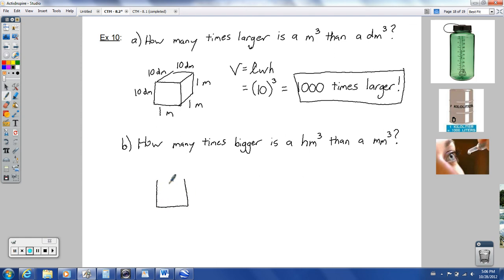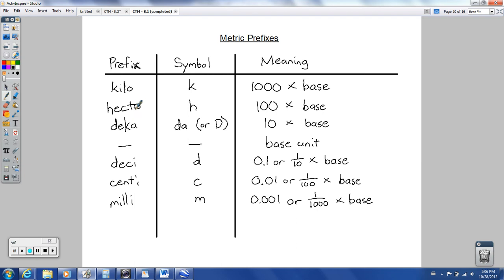So let's draw another box, and we know the hectometer is bigger, so I'm going to put it along the sides here. Not my best box of the lesson, but it'll do. 1 hectometer here, here, and here. So how many times bigger is a hectometer than a millimeter? We have to go how many spots up or how many spots down? We're going 1, 2, 3, 4, 5 spots. So this should be times 10, 100, 1,000, 10,000, times 100,000. So it's 100,000 times bigger